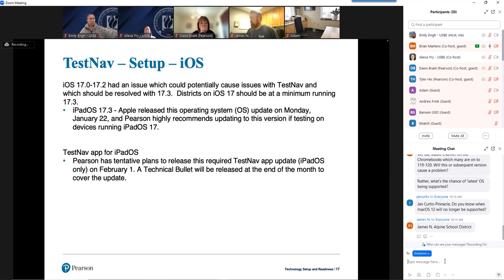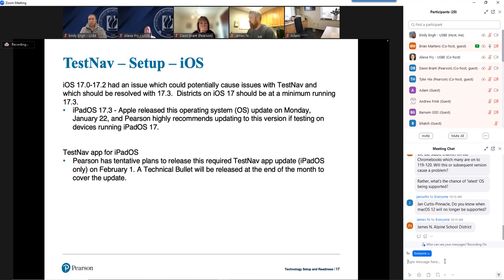We have contacted some districts that were having the issue that we saw, or the one district, I guess I should say, in a completely different state. They've updated to 17.3. They don't see the problem anymore. We worked with Apple. They said it should be addressed in 17.3. Just be aware 17.3 was released this week.